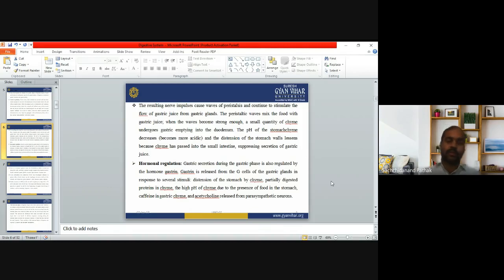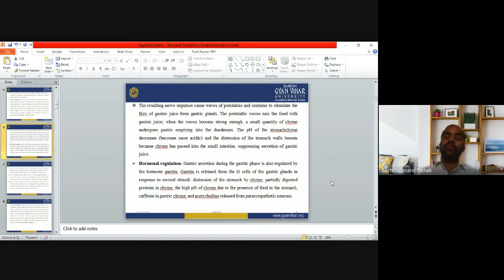So when the food goes from the stomach to the duodenum, now the stomach is going to empty. When the stomach is empty, having less food, then the distension in the stomach will end and the pH is going to decrease. So in both conditions, this system will be stopped. So it's already lessened, gastric suppression has already happened. Okay, so by the inhibition of this parasympathetic. Second mechanism is